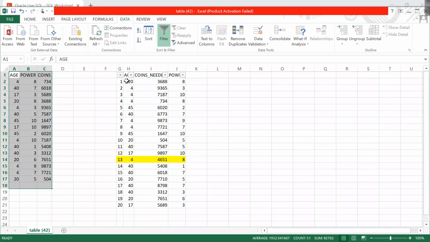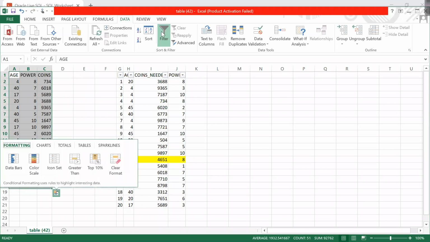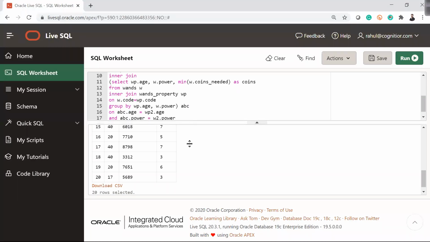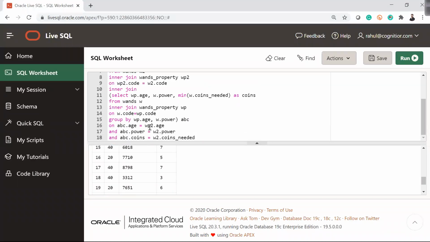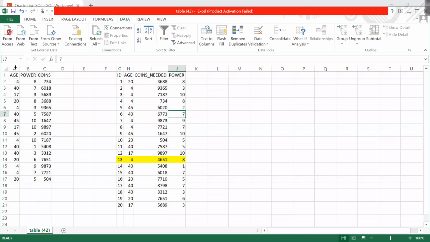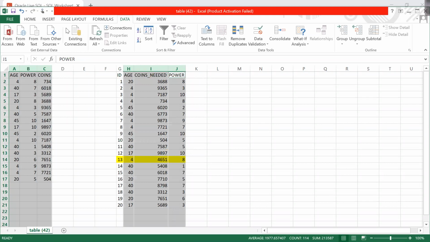I am joining this table with this table now. On which columns? I am joining on age, power, and coins needed. So all three columns, basically, right? On these columns, I'm joining.